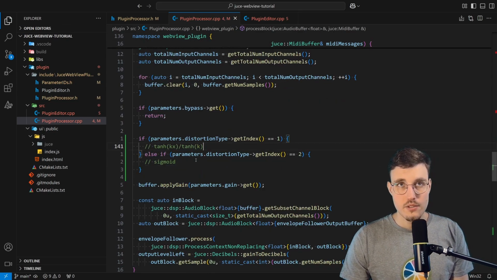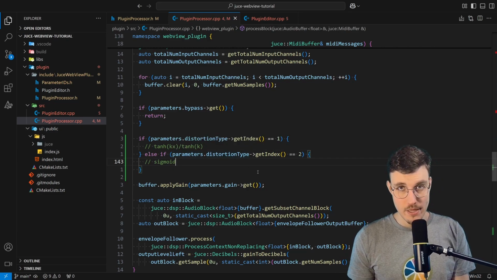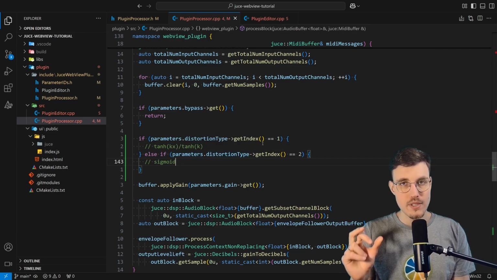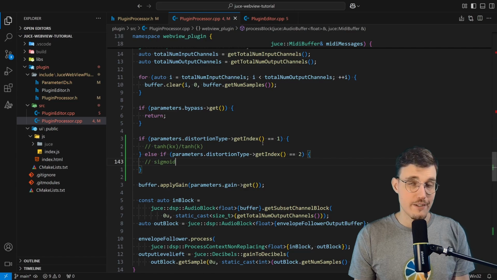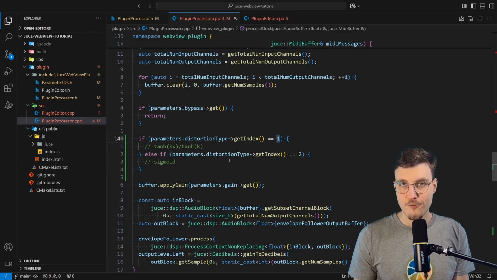These two distortions are classic distortion algorithms that are memoryless, which means that we can implement them using a simple application of a certain mathematical function to each sample in the buffer. Note that if the index is equal to 0, we apply no distortion, and that makes sense because our 0th